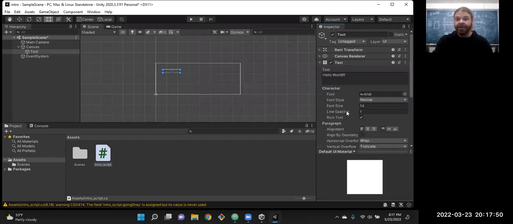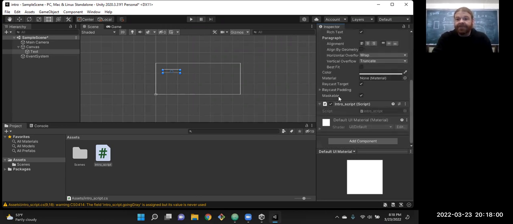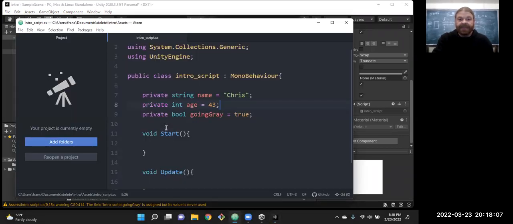So now when our game starts and this text object first appears, the text object we see in the hierarchy that all this inspector panel stuff's for, this script is part of it. So this script is going to run, which means this start method is going to run when that text box first appears. So what we need to do is create a reference to that text box, which is in our Unity engine.